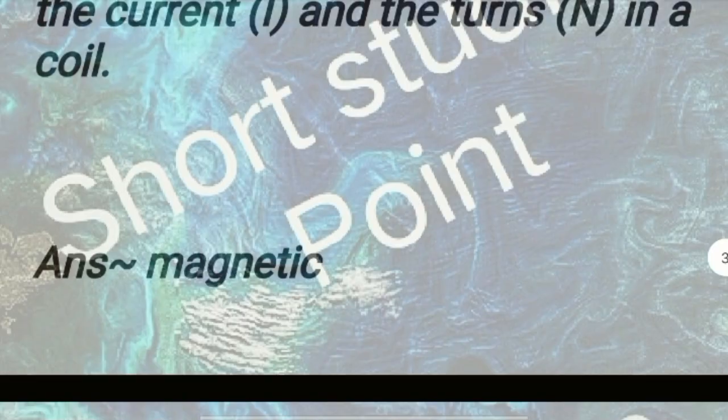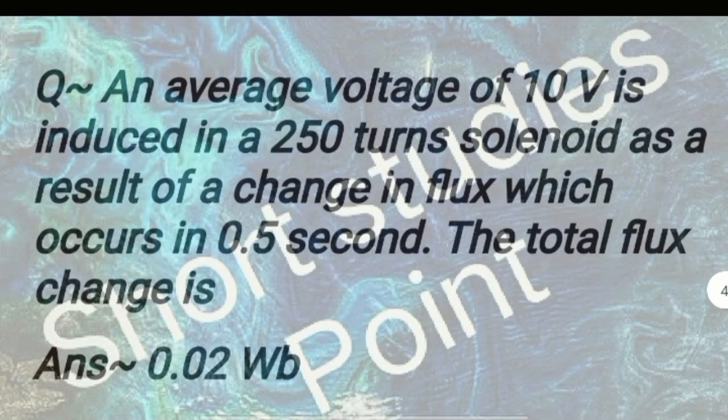Next question: dash flux is directly proportional to the current I and the turns N in a coil. Answer: magnetic. Next question: an average voltage of 10 volt is induced in a 250 turn solenoid as a result of a change in flux which occurs in 0.5 second. The total flux change is? Answer: